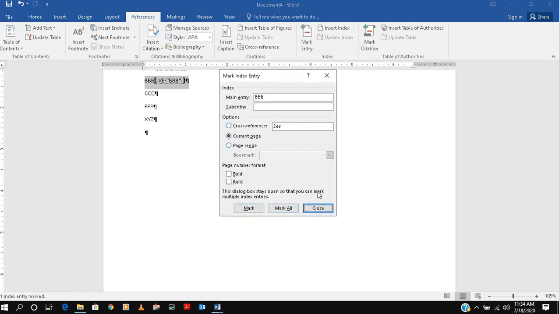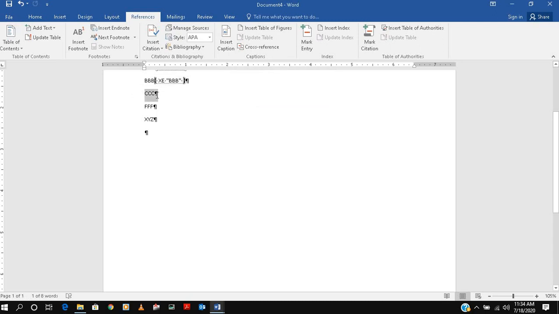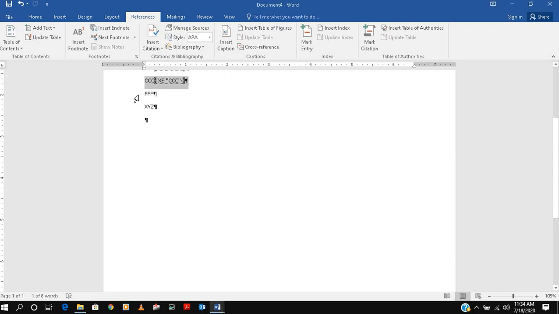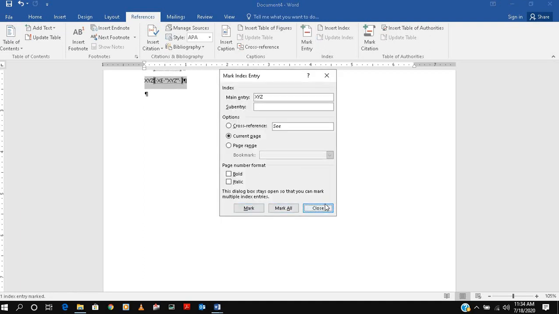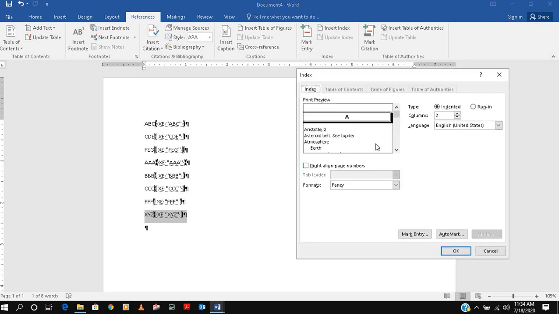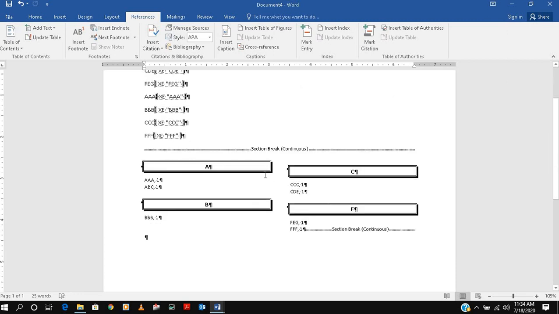You have to do this one time; after that you do not have to do anything, it's automatic. Once you have done this, you just insert the index, and it will ask you, so you put Fancy here, and you can select different formats from here. You see it's okay.